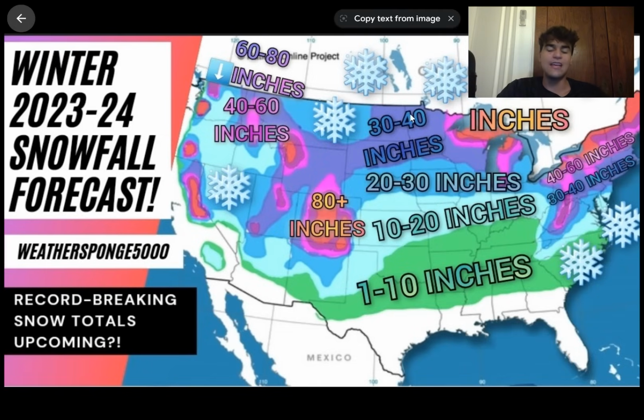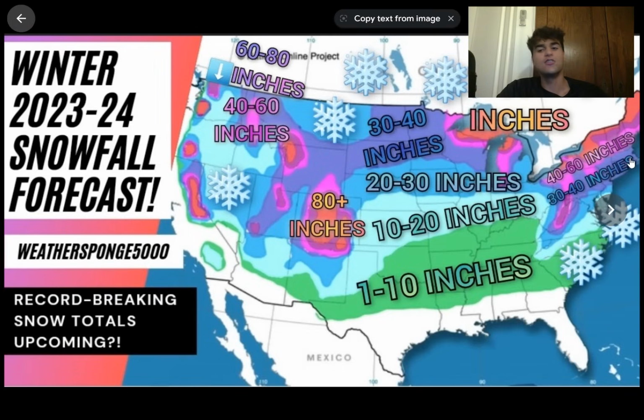It is less than what I put last year for this area, because if you remember in last year's video, I expected 40 to 60 inches of snow right over the Dakotas. I don't expect that this year. It's expected to be drier than average, but you should still expect a pretty strong winter, 30 to 40 inches of snow. And interestingly enough, much of the Interstate 95 corridor, including New York City, Philadelphia, Boston, you should